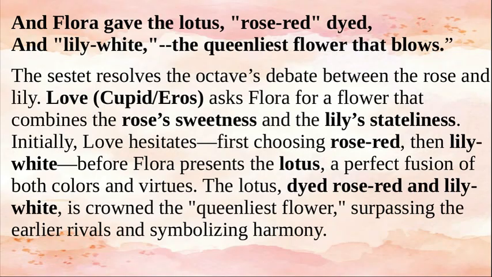The sestet resolves the octave's debate between the rose and lily. Love asks Flora for a flower that combines the rose's sweetness and the lily's stateliness. Initially, Love hesitates, first choosing rose red, then lily white, before Flora presents the lotus, a perfect fusion of both colors and virtues. The lotus, dyed rose red and lily white, is crowned the queenliest flower, surpassing the earlier rivals